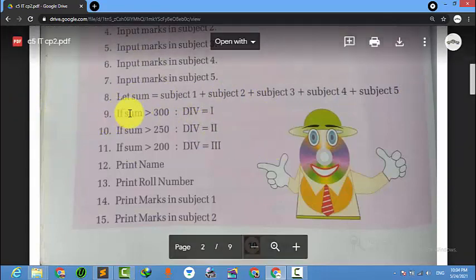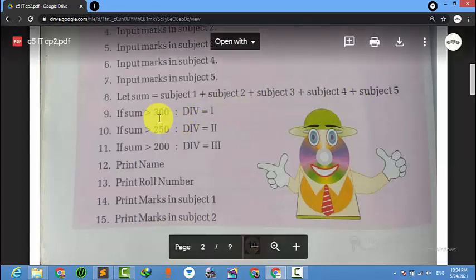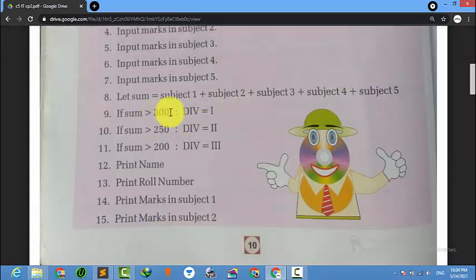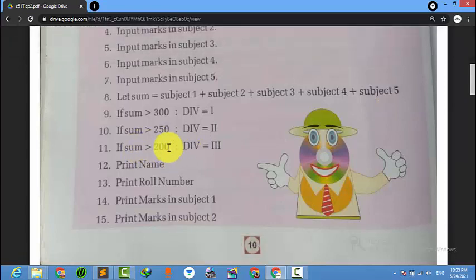If a person gets more than 300 after adding the 5 subjects, meaning 301, 302 or more, then he is first division. If he gets more than 250, then second division, then third division. If he got, suppose, 30 marks, then it means fail.